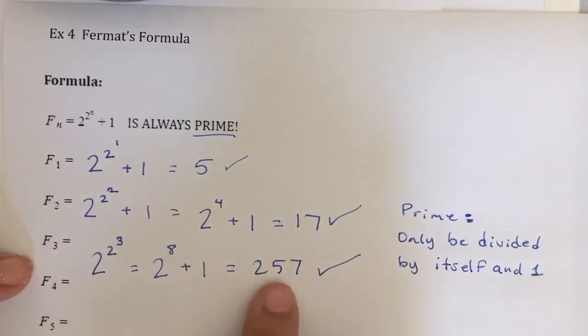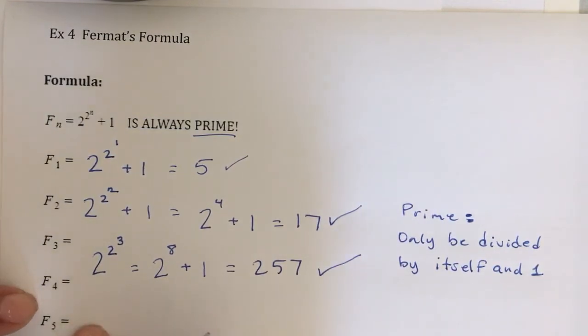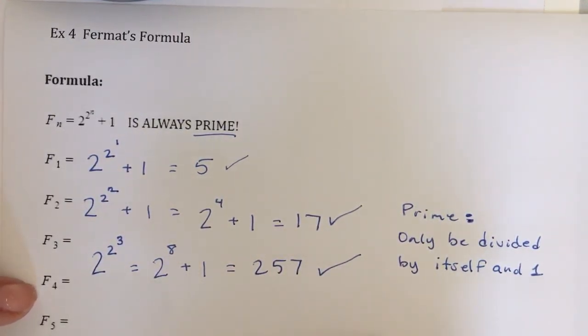So what I'm saying is that nothing goes into 257. The only thing that can divide 257 is 257 and 1. Okay? So once these numbers get bigger, it's going to be kind of hard to decide if it's prime. So I'm going to have you use a prime calculator. So I'm going to have you go online, go to math.com, and then click on the prime calculator, plug in the number, and it'll tell you if it's prime, if it could be divided by anything. All right, so I'm going to have you finish this, and then